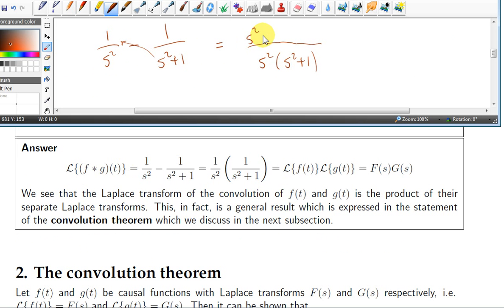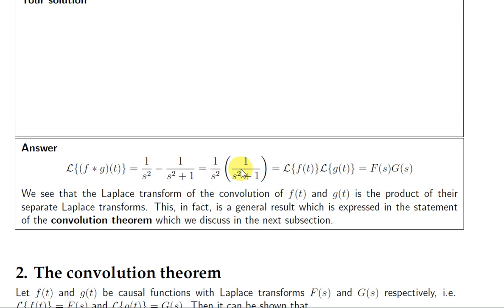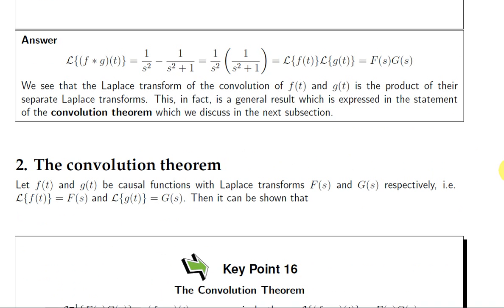That gives us s squared plus 1. Then we have minus s squared by 1. So we end up at 1 over s squared times 1 over s squared plus 1. But that's just L of f of t times L of g of t. So to get L of the convolution of two functions, we just get L of each function and multiply the